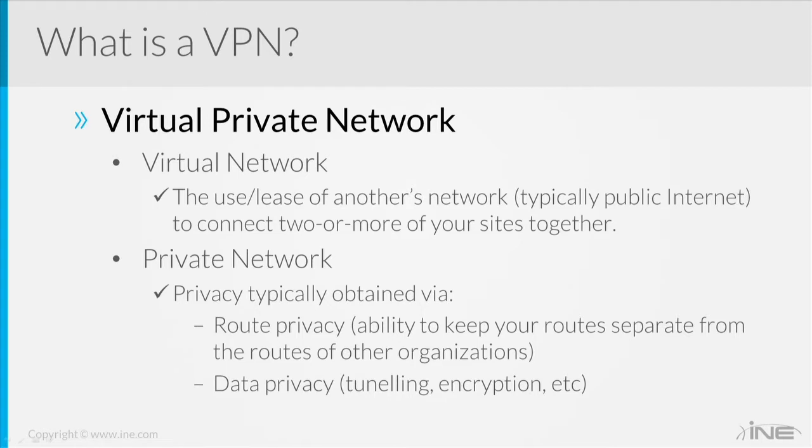So in other words, if my competitors are using that exact same service provider's virtual network, when I send an EIGRP or an OSPF update into that network, I want to make sure it pops out on the other side only at my network, at my remote office or my headquarters. There's no way I want my EIGRP or OSPF routing updates when it enters that virtual network to pop out at a competitor's router or somebody else's router. So it's up to the person who's providing that virtual network to me to make sure that any routes I inject into it are kept isolated and independent just for me,